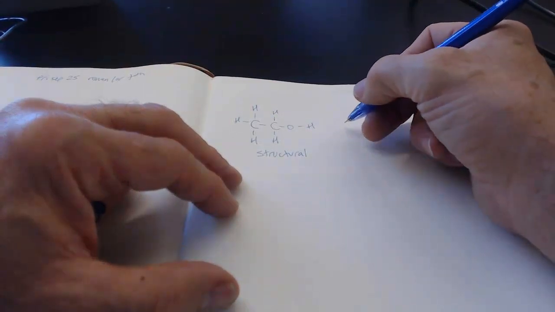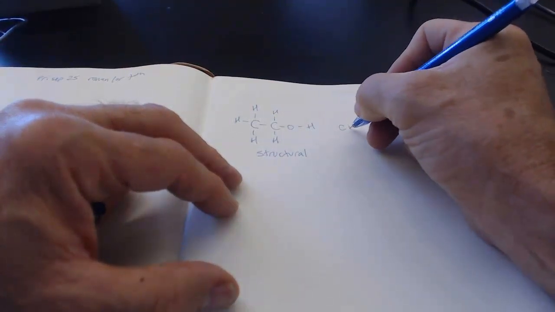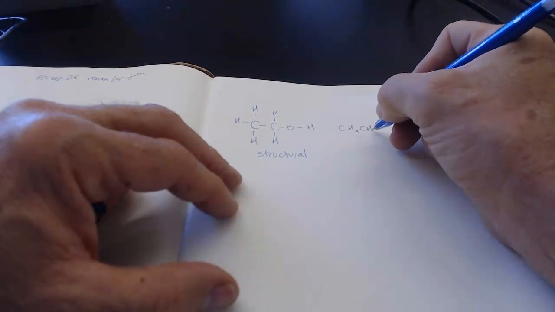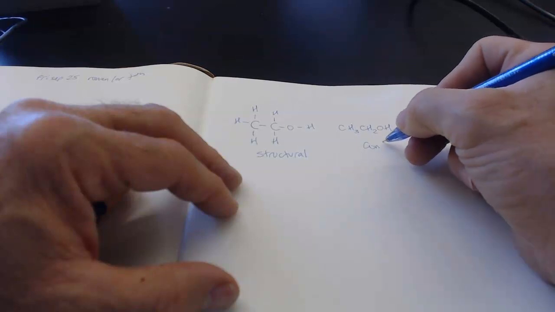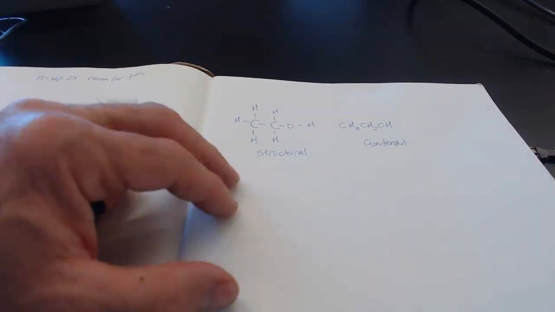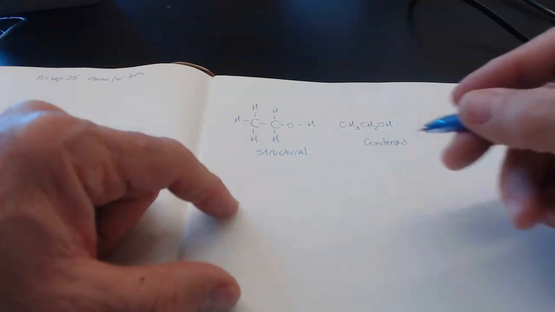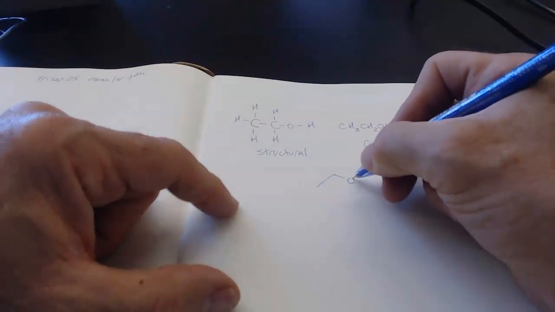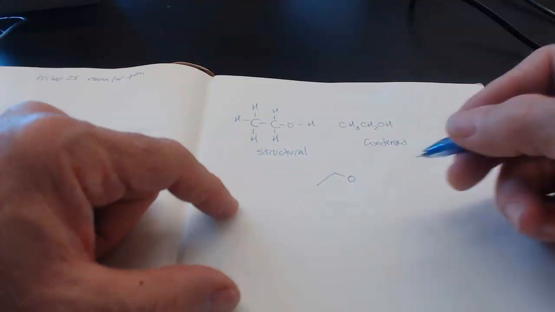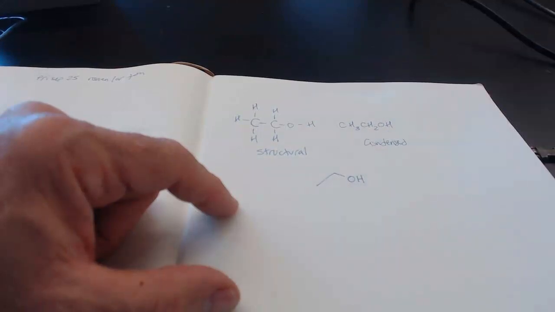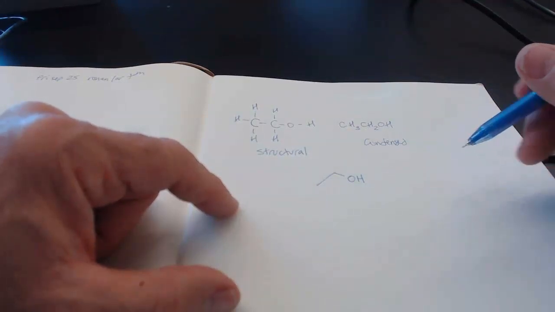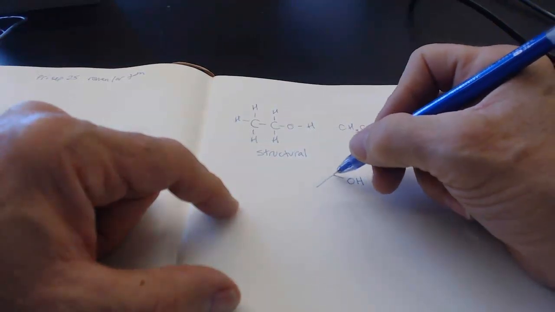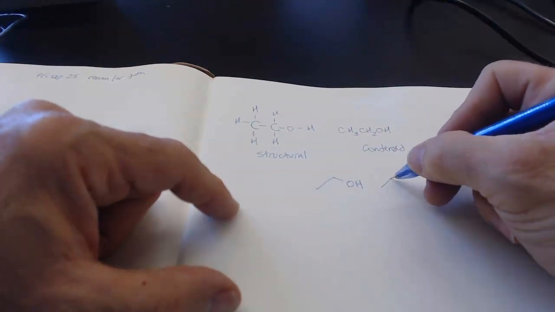We could also type it out, and they call this condensed. This is handy when you're just typing it into your computer. But my favorite way to draw these things, because I'm lazy, is like this. And usually, to show a functional group, they'll throw in that H. But in this particular case, the hydrogens and the carbons are not shown. The carbons are the ends or the bends, which are here. I'm going to leave this like this. Let me redraw that and show you how we can